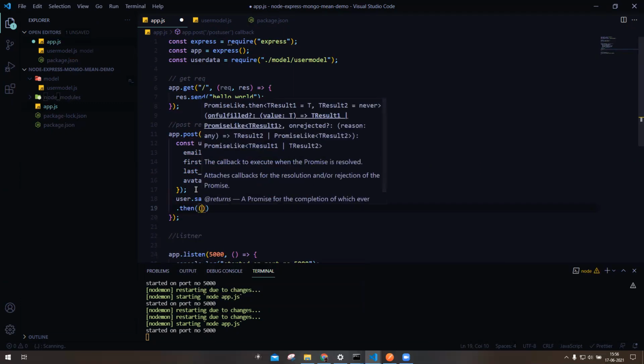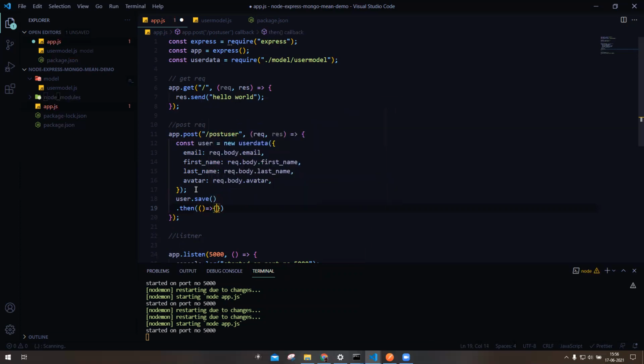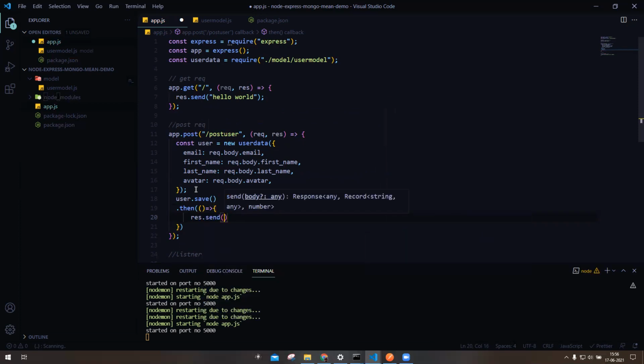It will take another arrow function, and it will send back the response in JSON format after saving all the documents in the database. So we'll call response.send, and we will call this user again.